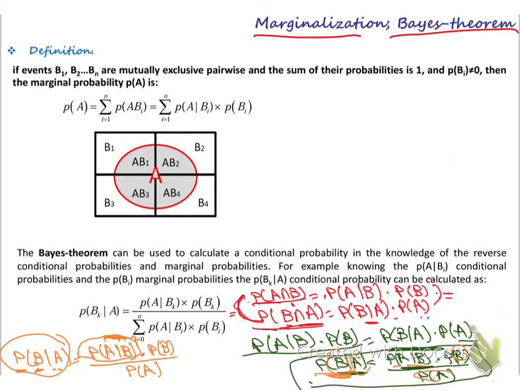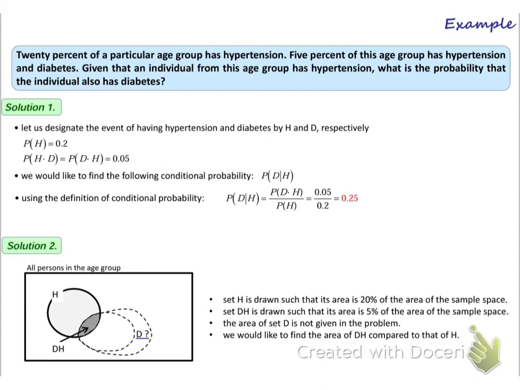So that's it. If you want to memorize it, again, just swap them: probability of A and B here, probability of A given B. The probability of B will be in the denominator, the probability of the second one, the given, will be down in the denominator. So here in this example, it says that 20%